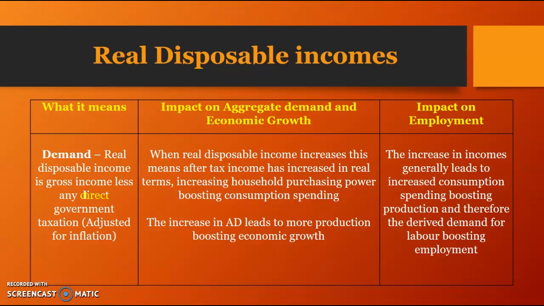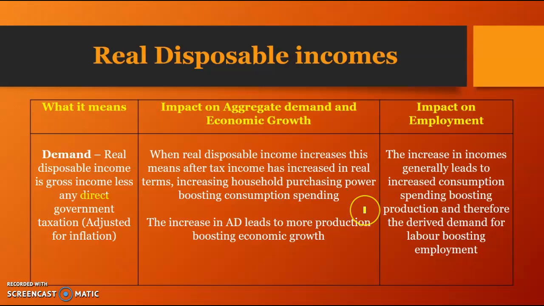And essentially, in terms of the impact on aggregate demand, when real disposable incomes increase, that means that after tax income has increased, which means that households have more purchasing power, which boosts consumption. And that leads to an increase in production because there's more demand for goods and services. So when real disposable incomes increase, people have more money, therefore they spend more, and that leads to increased consumption